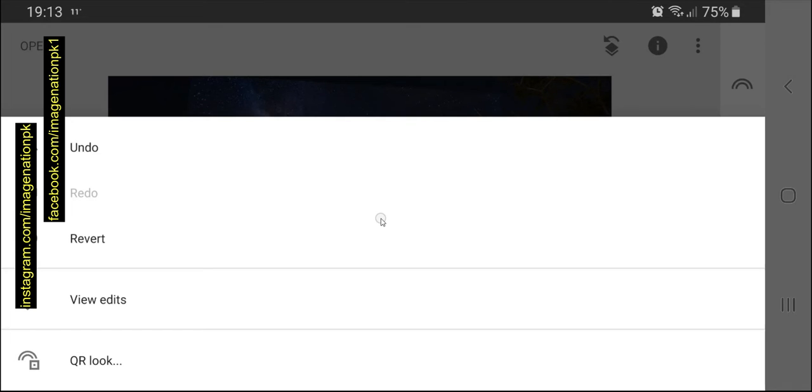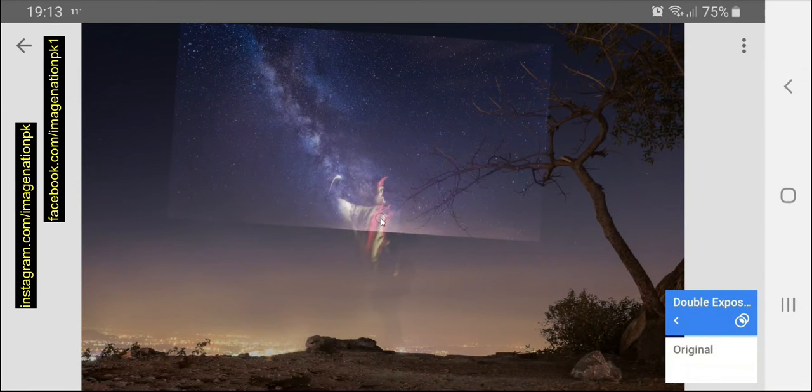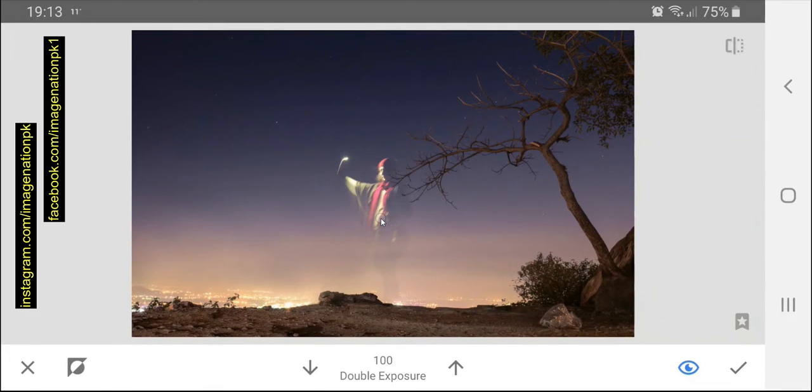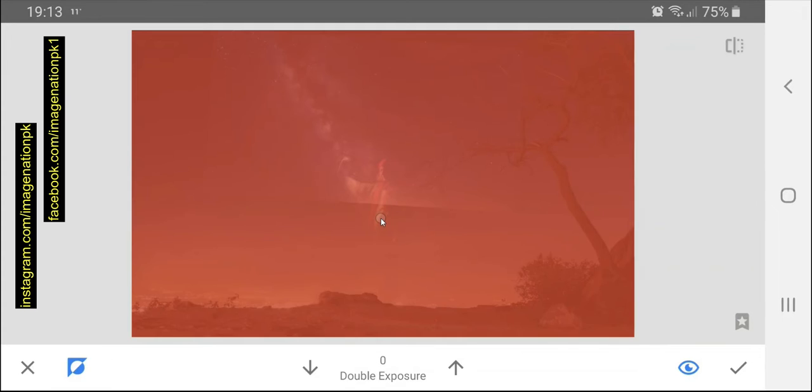Now I will go to my view edits, and from double exposure I will choose this brush, and on the left hand side at the bottom you can see the mask. So I will click the mask. This red thing means that my second layer will appear on all these areas where we have the red color. So first of all, I will take my double exposure down to 0,